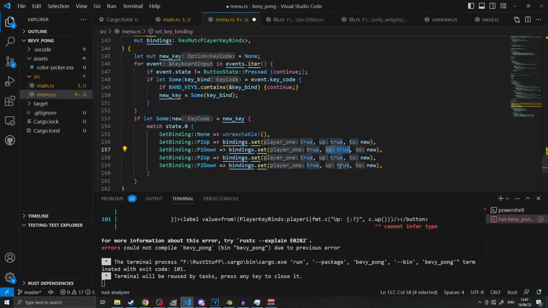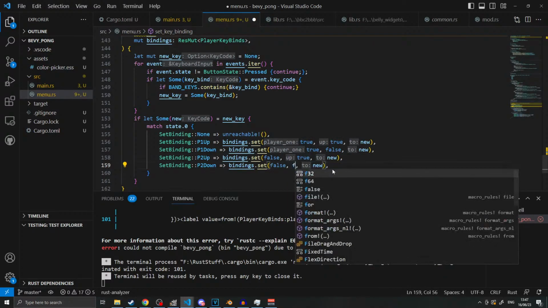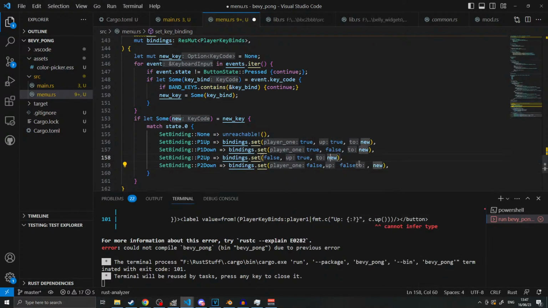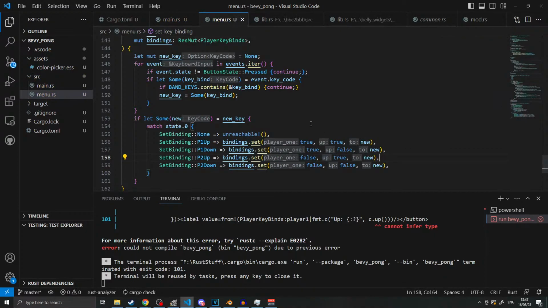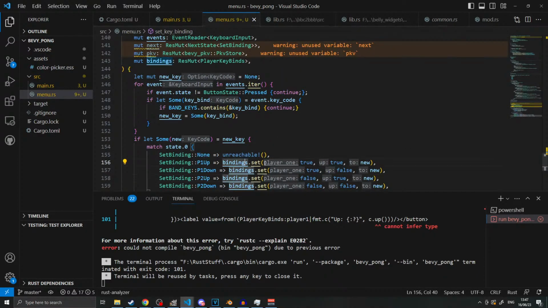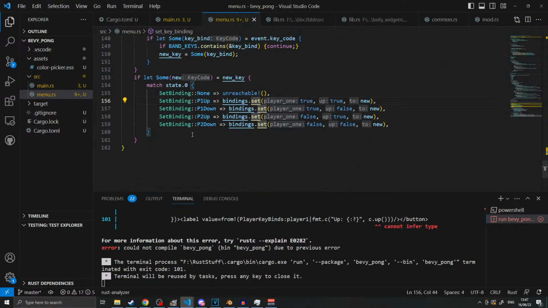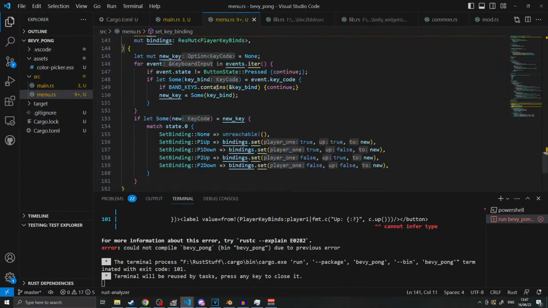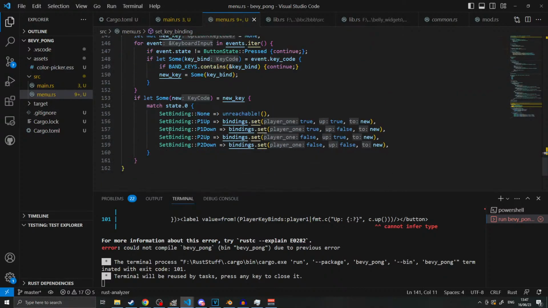So this would be true, false. This would be false, false, false. And then they all set no. Okay. So we basically say binding set true, new, true, false, new, false, true, new, false, false, new, based on its current mode. Then we say